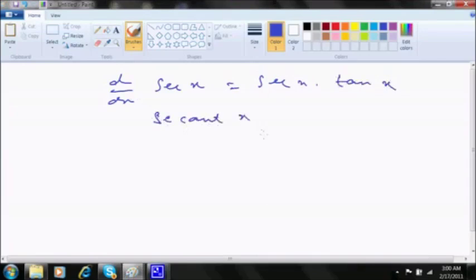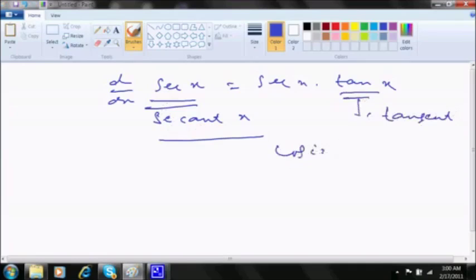I do not understand why they say dy dx of secant x is secant x into tangent x, because this is better read as sec x, and if I read sec as secant, this tan I have to read as tangent. I have to read cos as cosine, and so on. So secant is read actually as sec, tangent is read as tan,